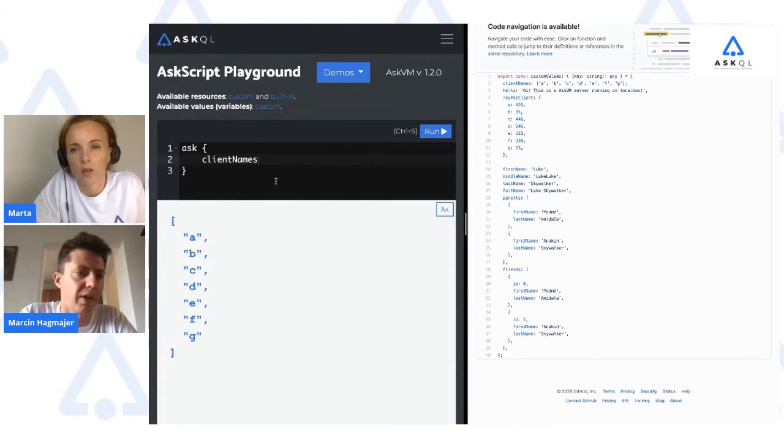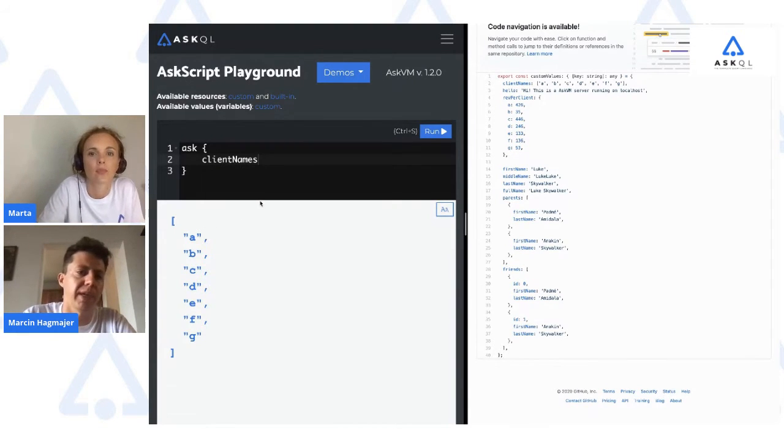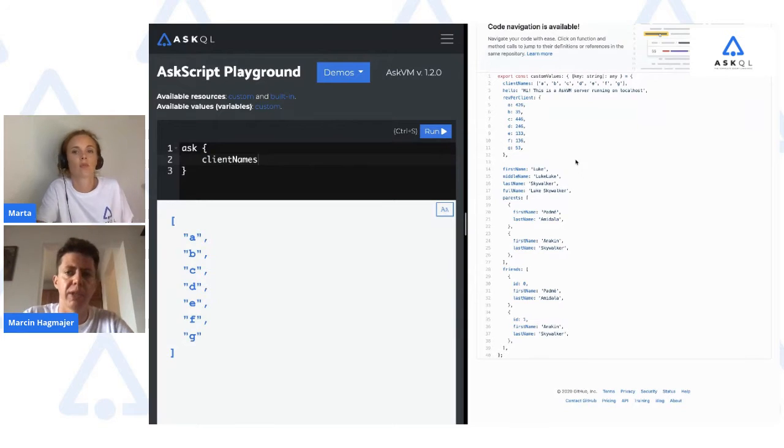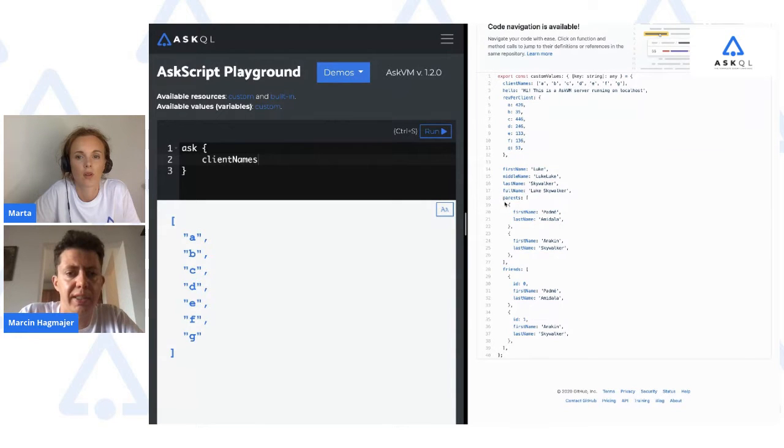So you see, I wanted to ask the client name and I got the value exactly as I expected. The difference is that, obviously, the right side is source code. You're not gonna get access to it. This is internal stuff to that specific server that we're talking to. Right now I'm showing this to you so you know what things are there.